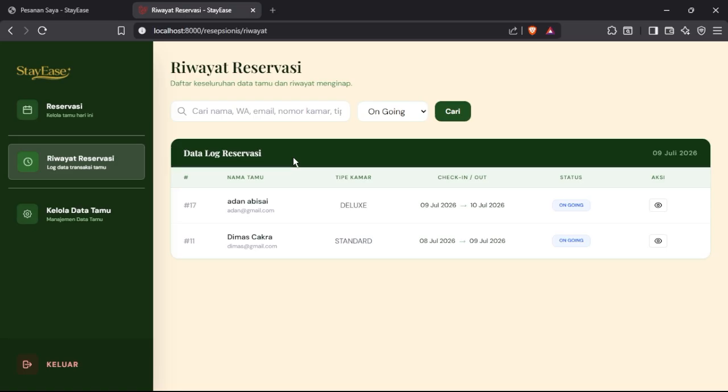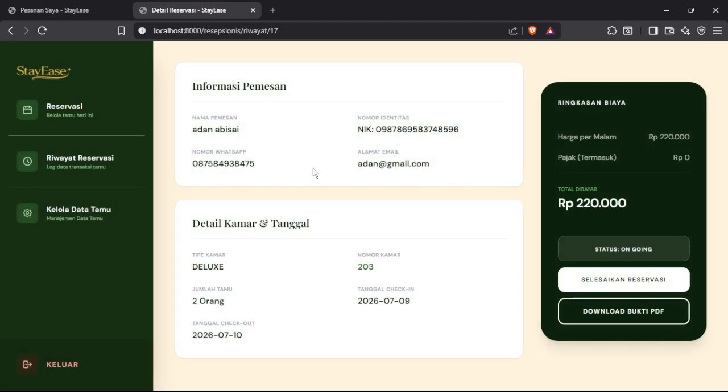On this page, the receptionist can make a checkout if the guest needs to check out or has already finished staying at the hotel, by clicking the data, and then they can see information like the name and the room.